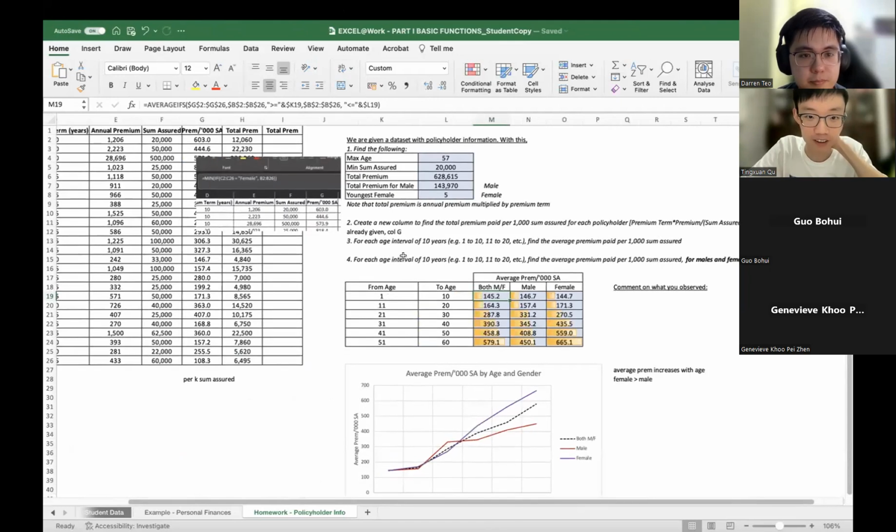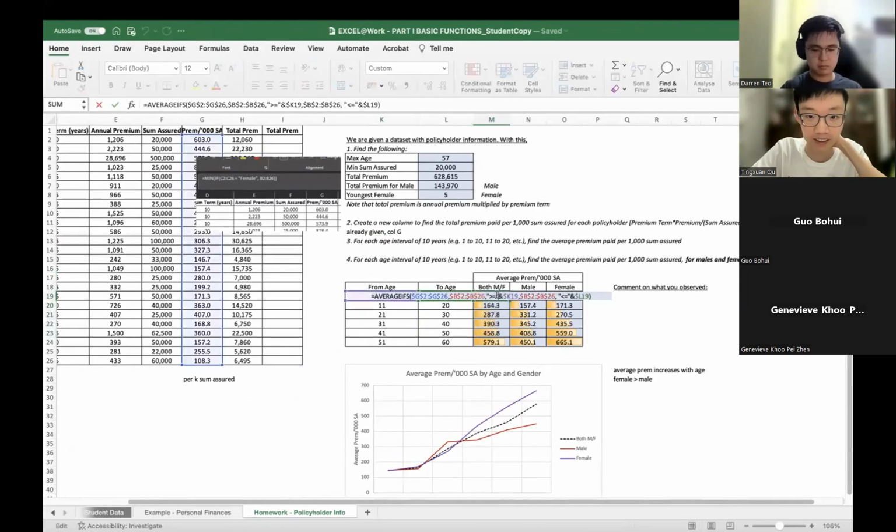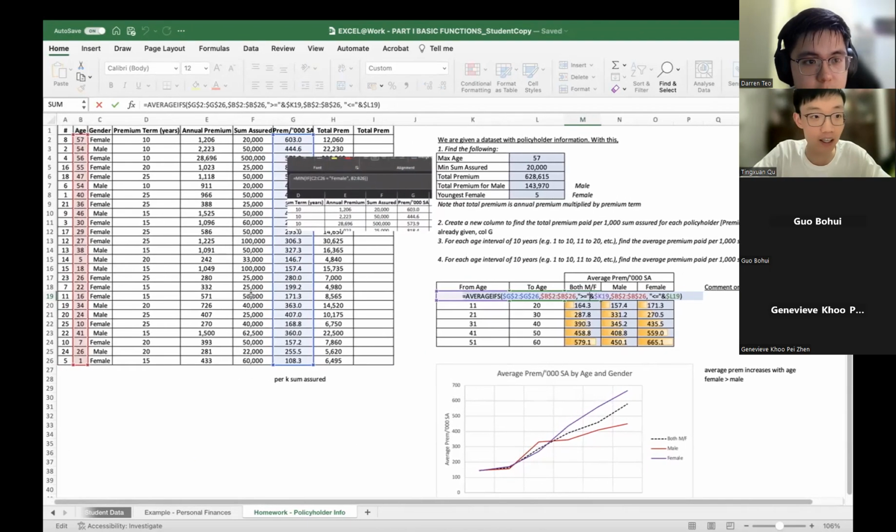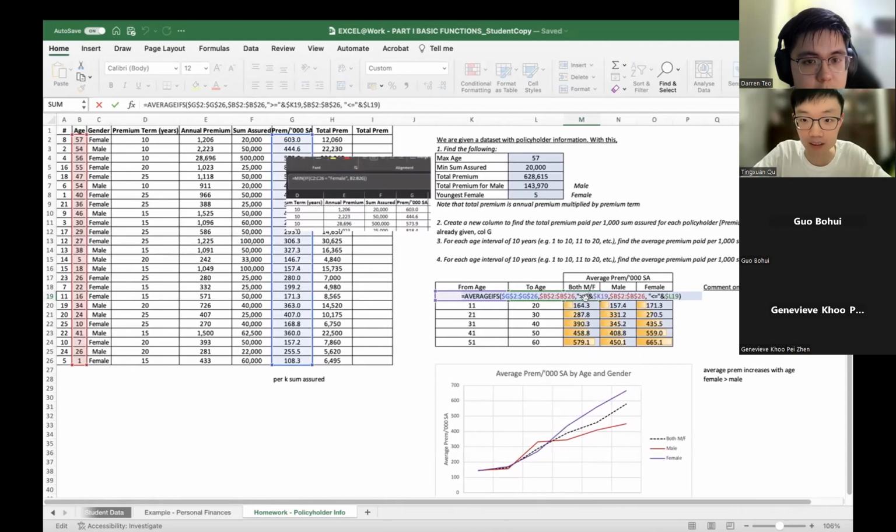Okay, so for question 3, question 3 is in this column M. So I did this. I use AVERAGEIFS and average this column G, and I filter for both female and male, and then if their age is between 1, so it's greater than 1 and less than or equal to 10.